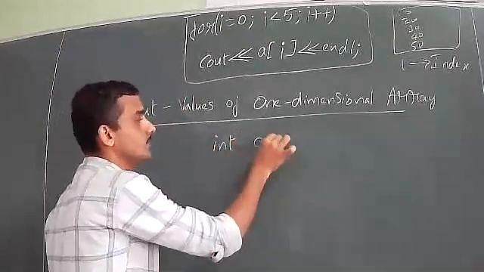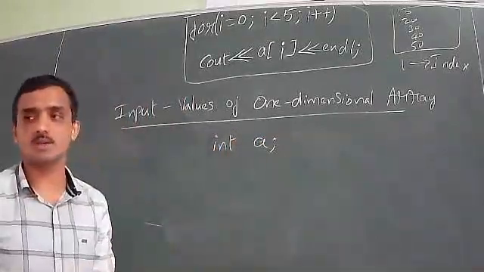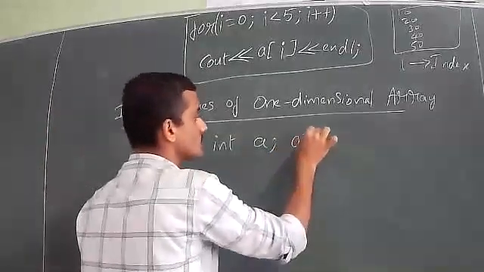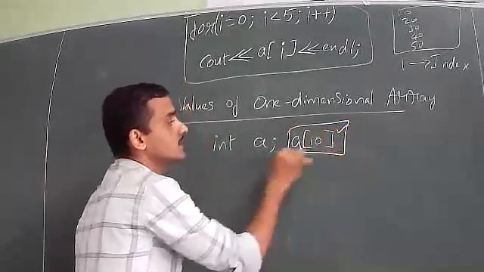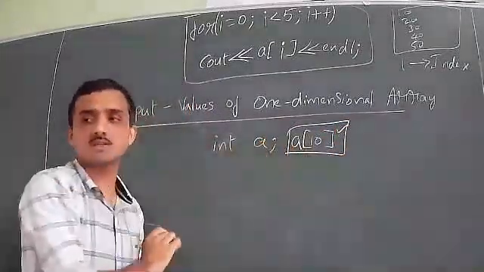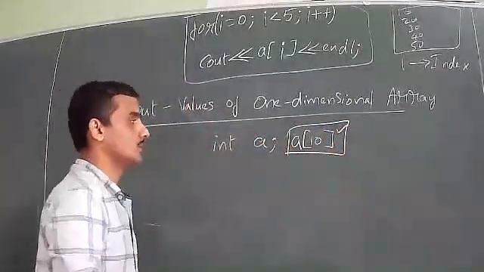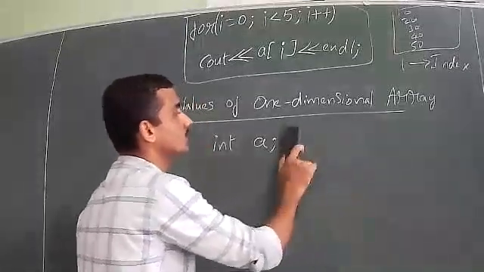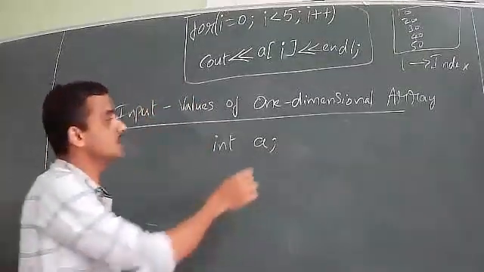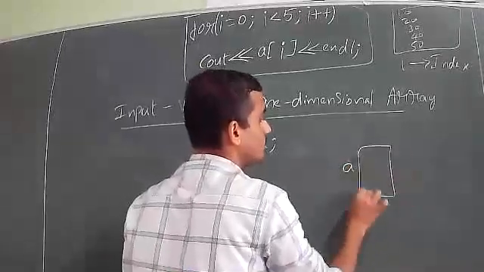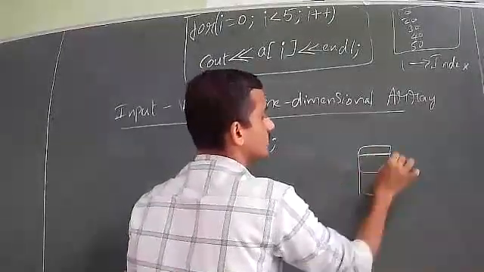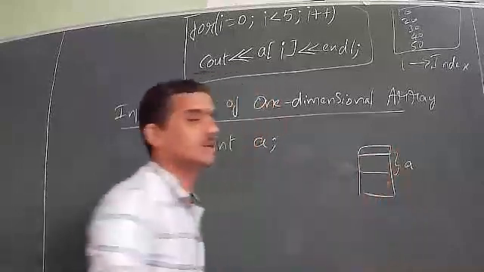Okay, a is the variable. So it is not an array, it is just a variable. If you write a of some size, then it becomes the array. So this entire thing is array. But if you don't put the size, this is just a variable which stores a single value. It is not an array. When we consider this declaration part, in the computer memory location, somewhere it will be a variable a.